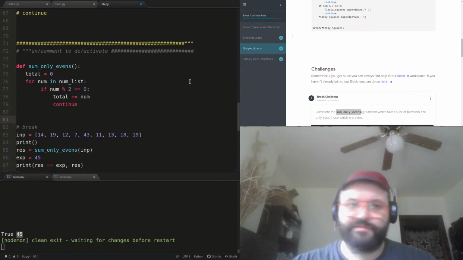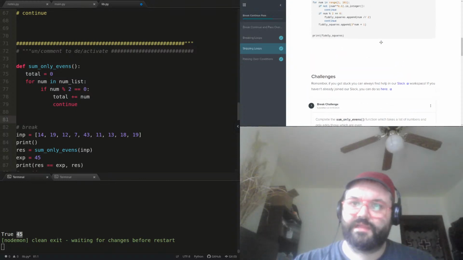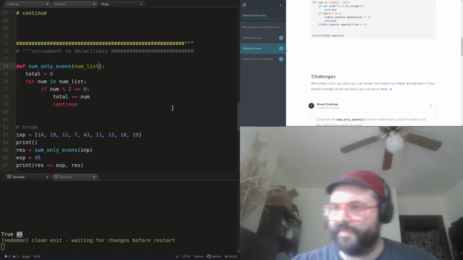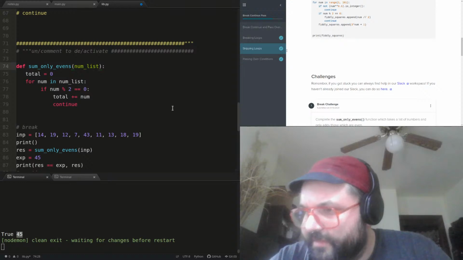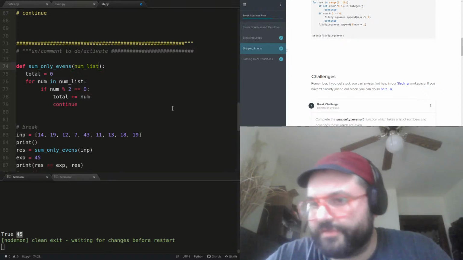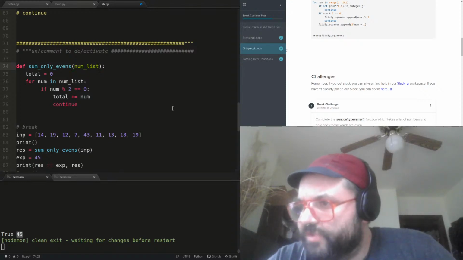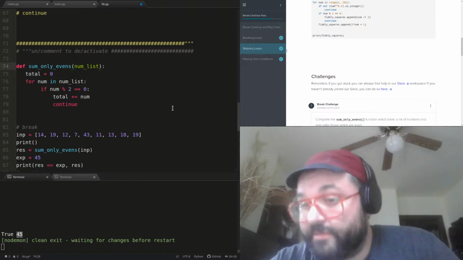Okay. So then is this taking in, what's the name of the, okay, lst, it probably doesn't matter what the name of the parameter is. Presumably that's this though, so we'll call that numList. And then, yeah, since you didn't send in a complete function, I don't know if your function has a return or not, or a print where it should have a return. I do see a print total at the bottom, so that could be your problem.